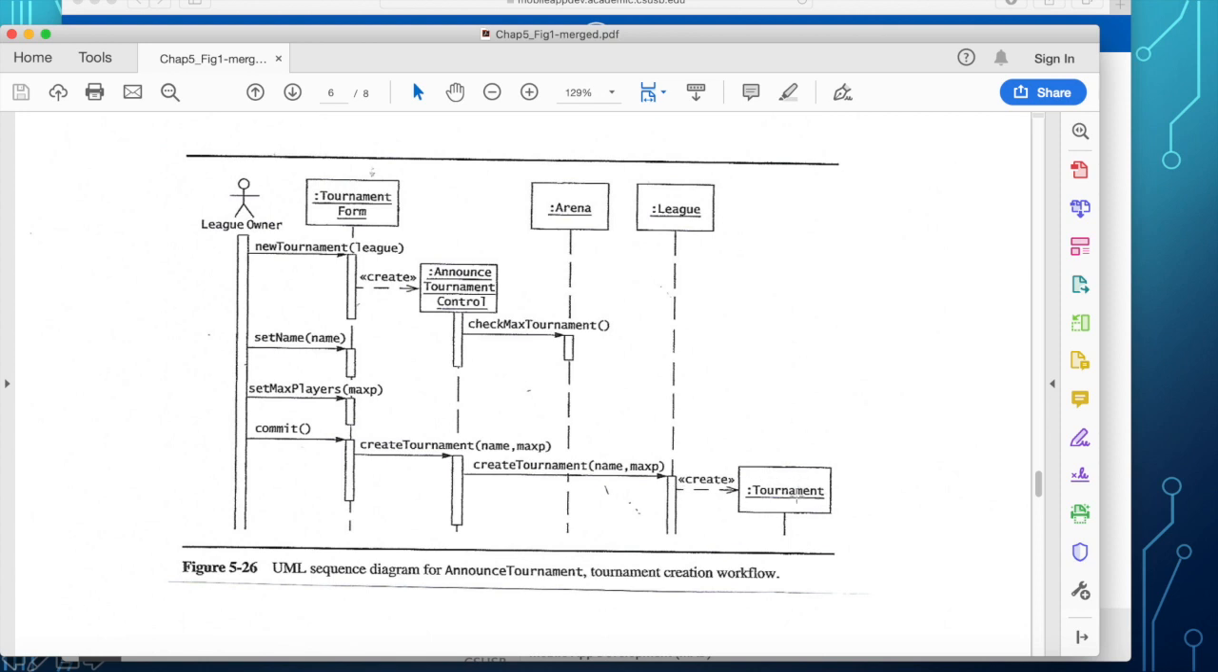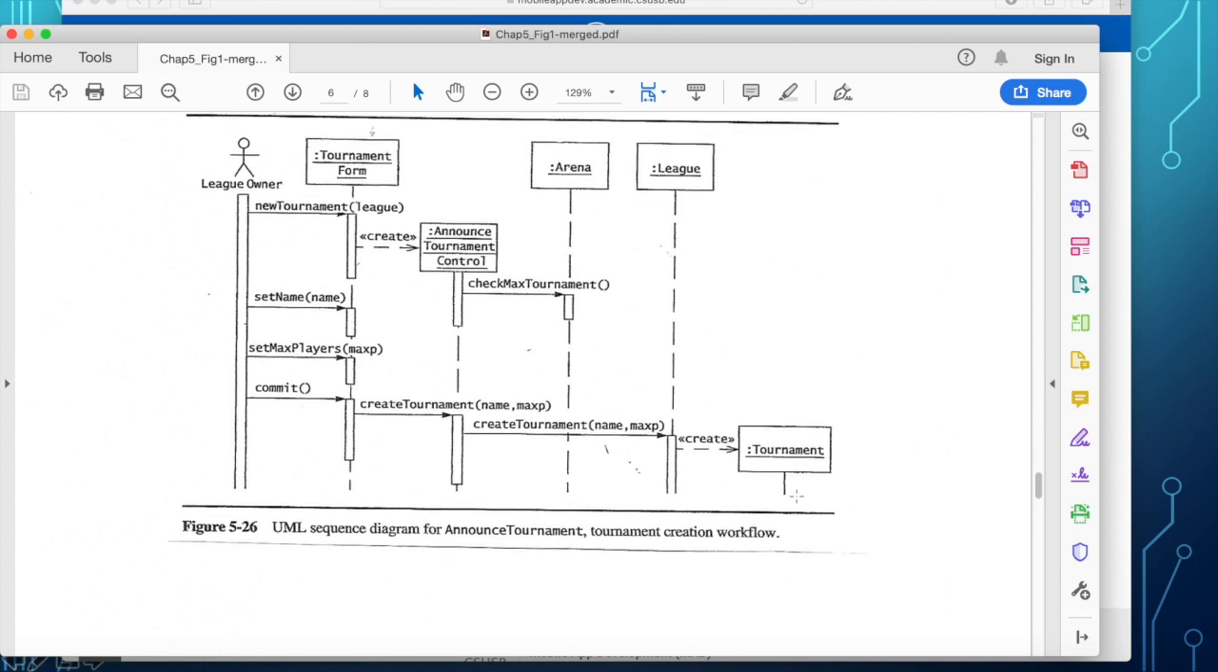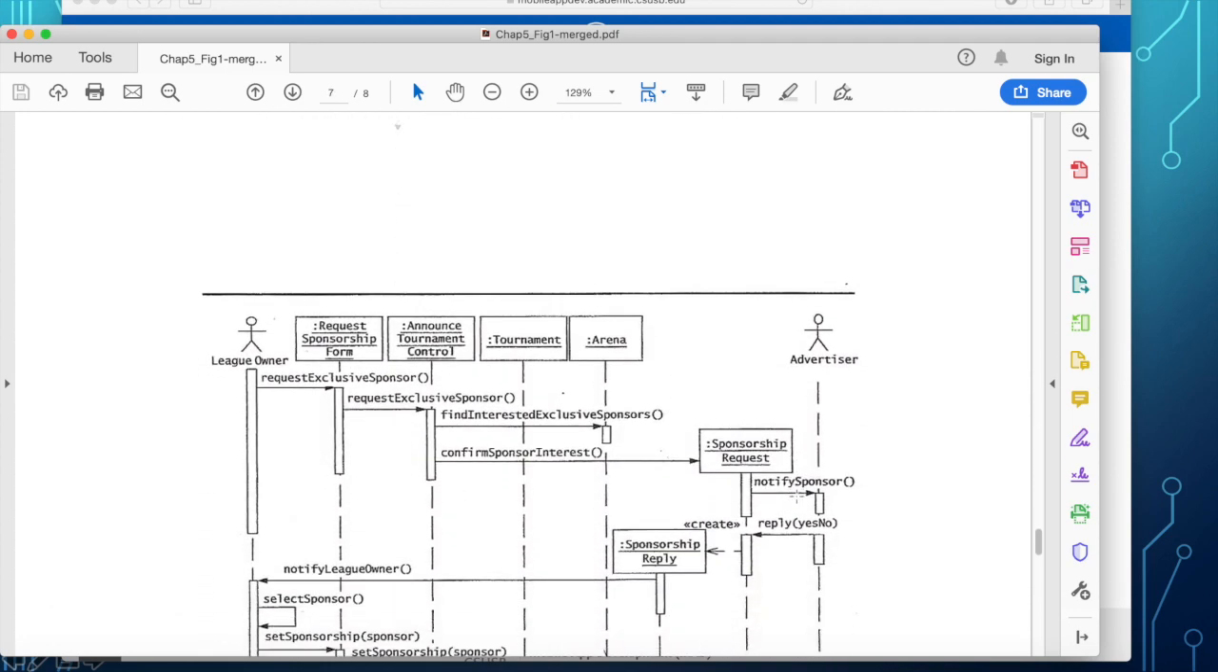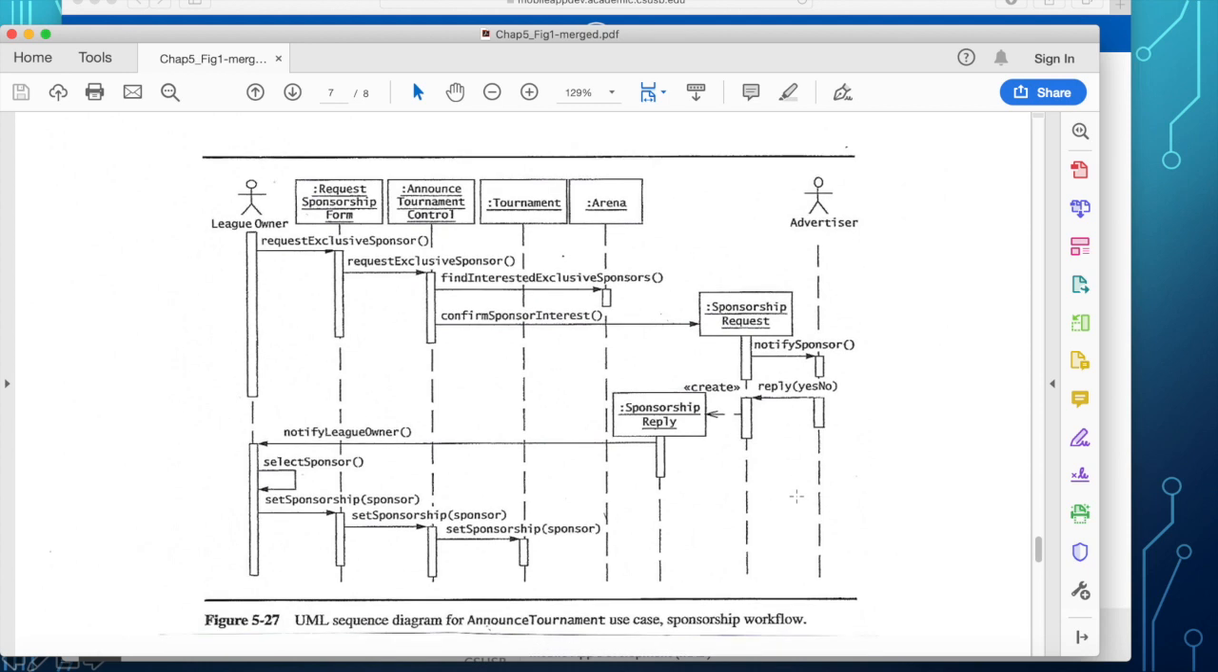So you see, the sequence diagram that you see over here is just for a request by the league owner to create a tournament for tic-tac-toe. So what happens next is the league owner will have to